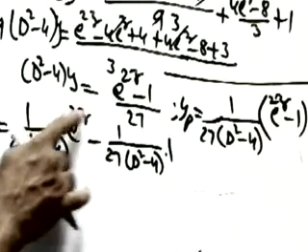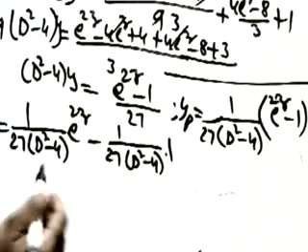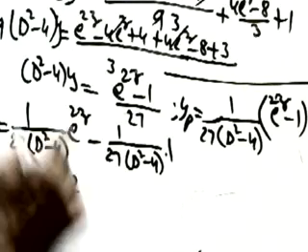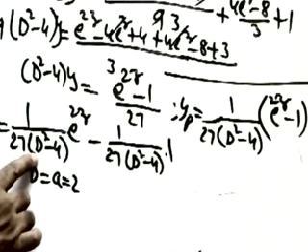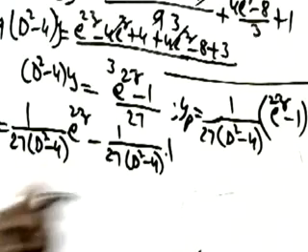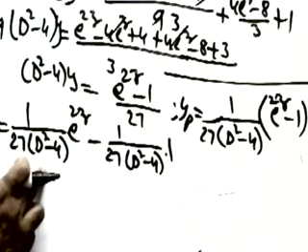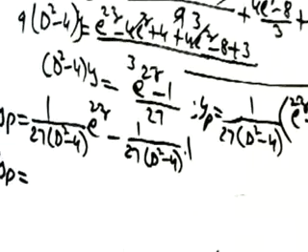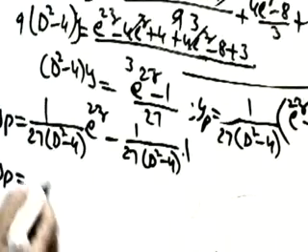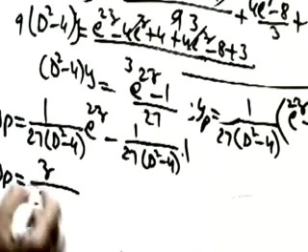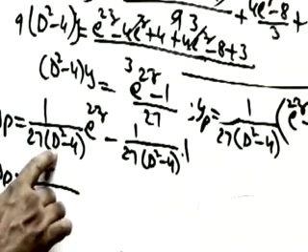Now see here, what is the method we are having for e power ax? For e power ax, we are having the method d equals to a, d equals to 2. But if you keep 2 here, 2 square is 4, 4 minus 4 becomes 0. So we are getting 1 by 0, not defined. Therefore, what is the method? Multiply numerator by x and differentiate denominator with respect to d. So multiply numerator with z because we are having z now. Z divided by 27 into